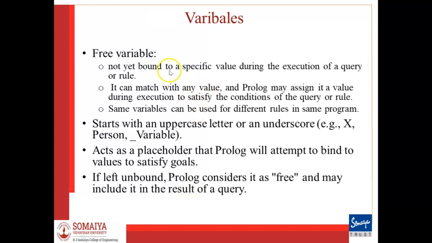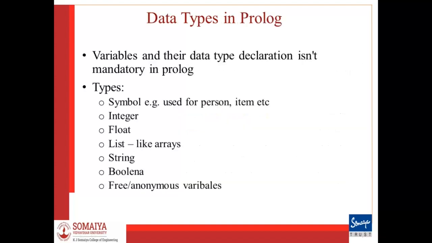A free variable is a kind of variable which is not yet bound to a specific value during the execution of a query or rule. It can match with any value, and Prolog may assign it a value during the execution to satisfy the conditions of the query or the rule. Variables can be used for different rules in the same program. For example,